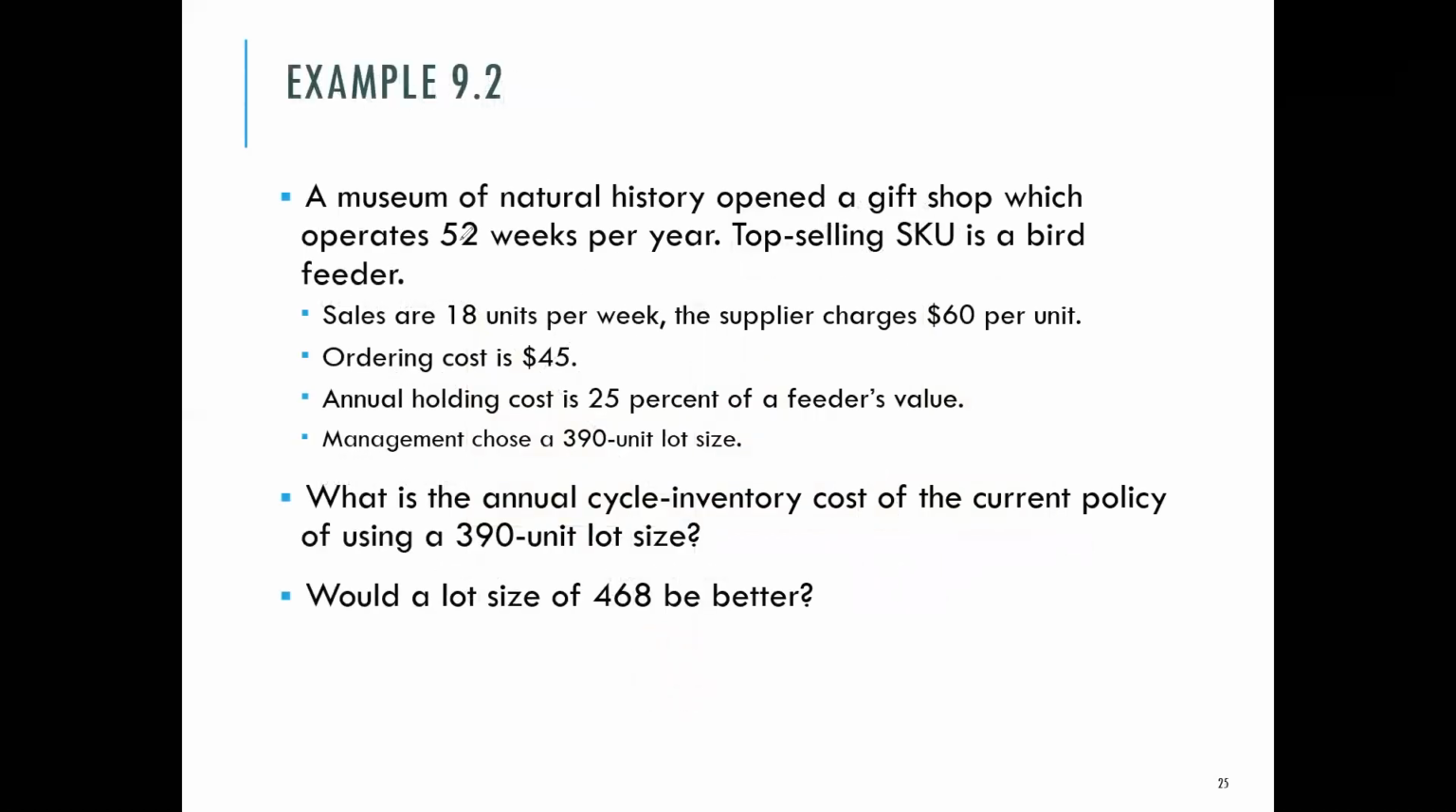This example talks about the Museum of Natural History. It has a gift shop that operates 52 weeks per year, so it operates around the year. The top selling SKU, SKU stands for stock keeping unit, is a bird feeder. Sales for the bird feeder are 18 units per week. The supplier charges $60 per unit. Ordering cost is $45. Our annual holding cost is 25% of the value of the feeder. And the management chose a